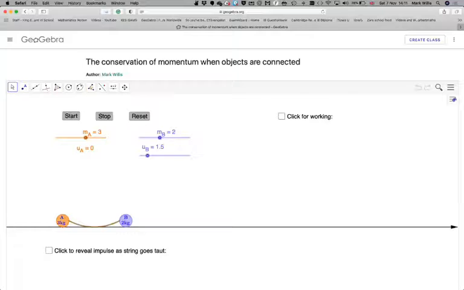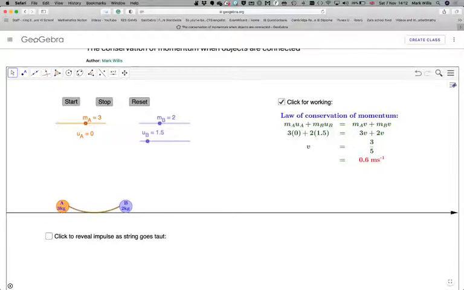Okay, in this video we're going to look at the conservation of momentum when objects are connected. So you've got B and A which are connected. B is 2 and A has a mass of 3 kilograms. Okay, so if we look at the working from this, under the law of conservation of momentum, then